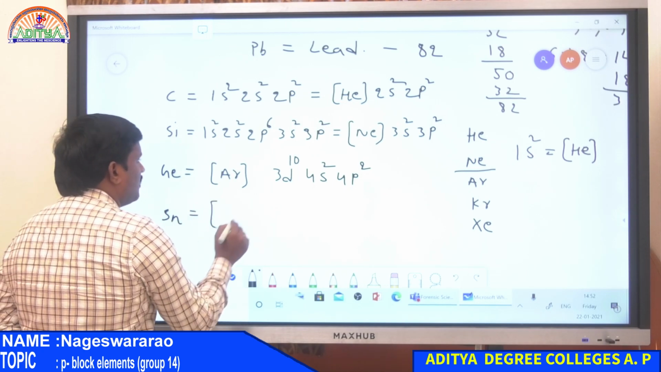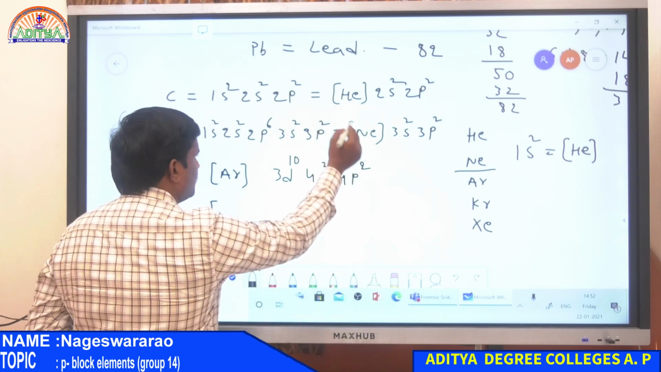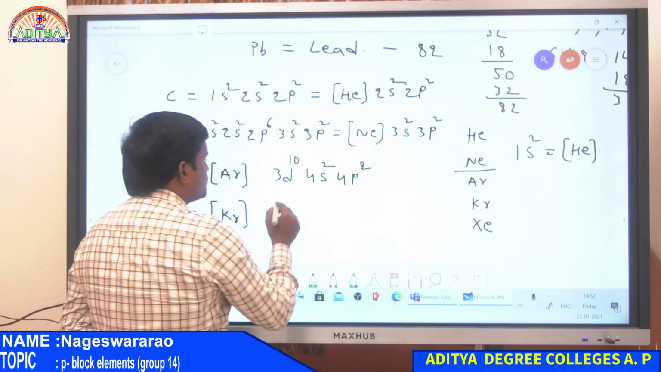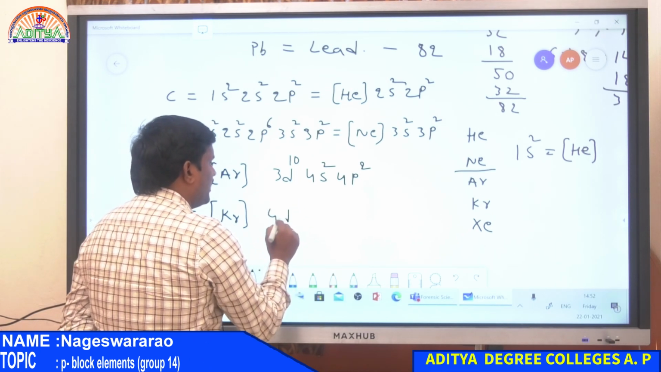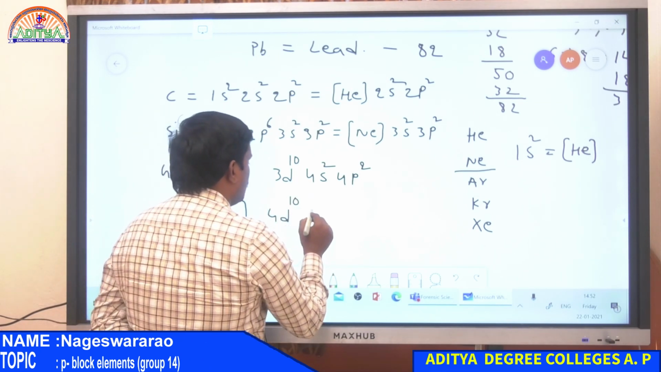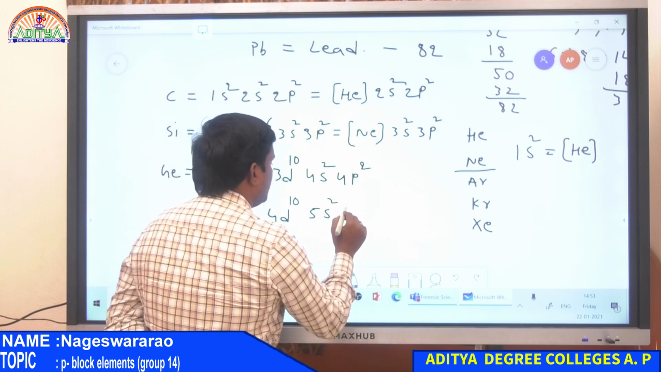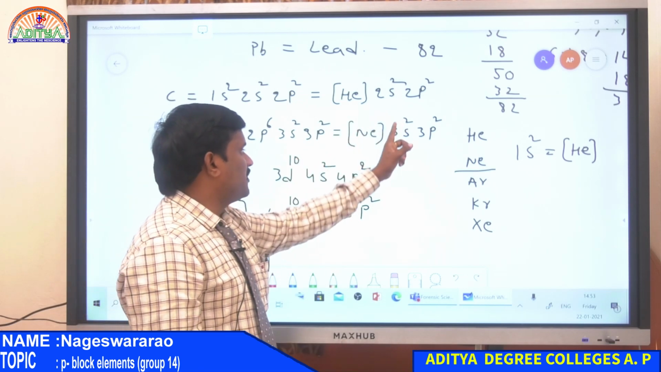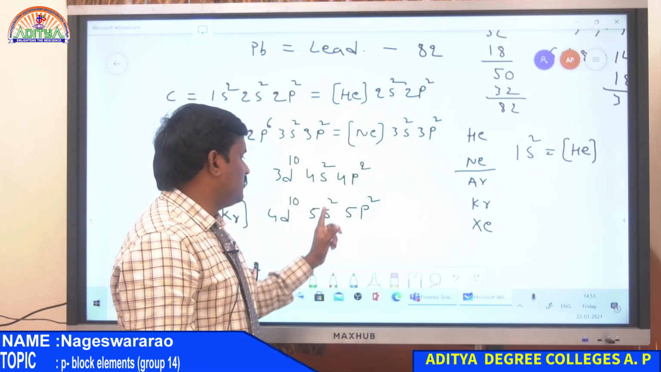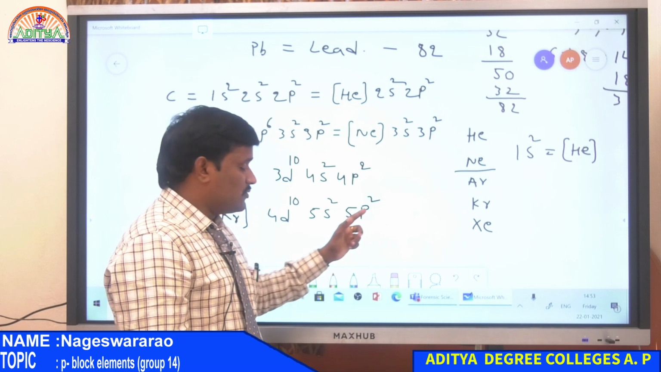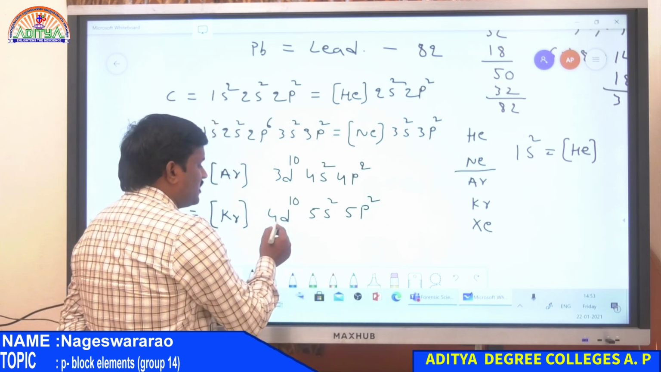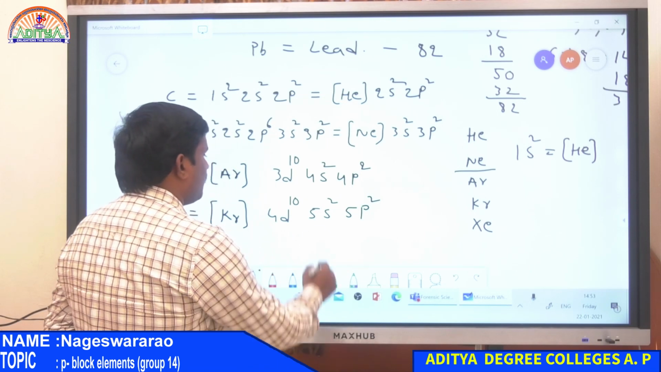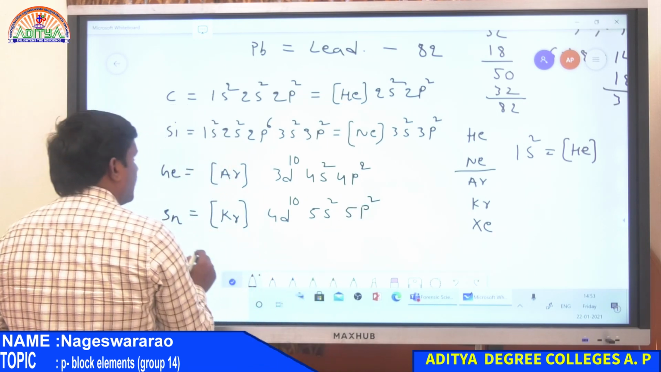Similarly, for tin, Sn, the electronic configuration is helium, neon, argon, and then krypton. So krypton also has 4d10, 5s2 and 5p2. So 2s2 2p2, 3s2 3p2, 4s2 4p2, and then 5s2 5p2. Before this 5s2 there is a 4d subshell having 10 electrons, therefore it is 4d10 5s2 5p2. And last,